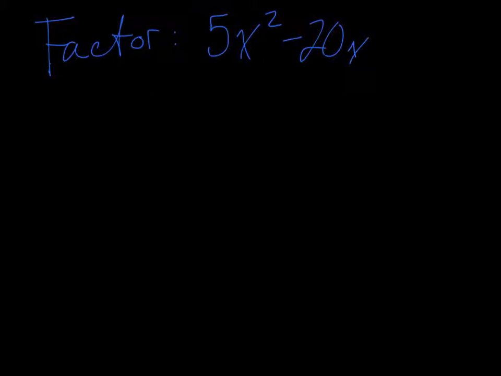When we factor, we need to find the greatest common factor in order to be able to complete the factoring ahead of you. When I do this, I find it helpful to think of how the numbers are made sometimes. So what makes 5x squared? Well, you can think of 5x squared like 5 times x times x. And you can think of 20x